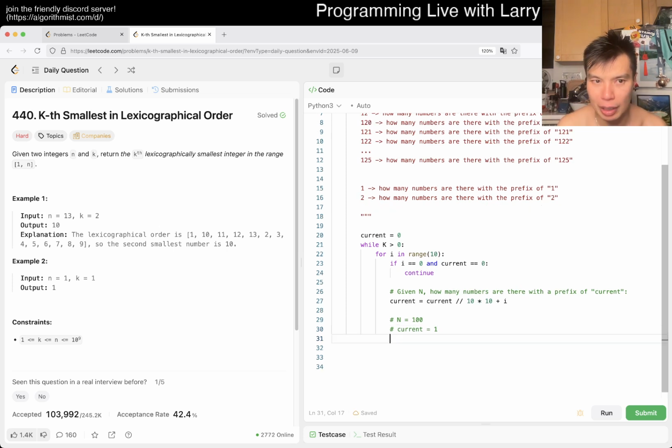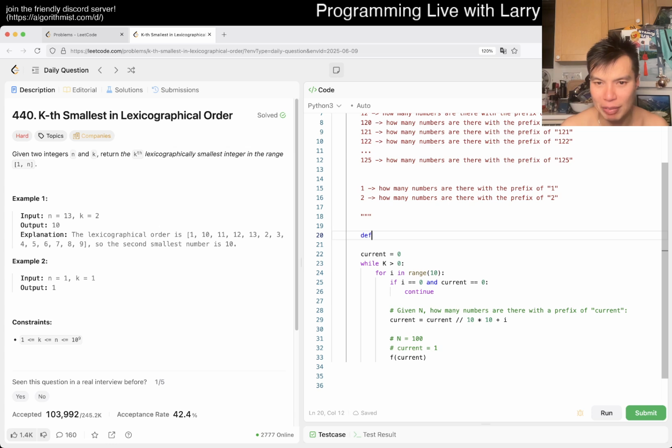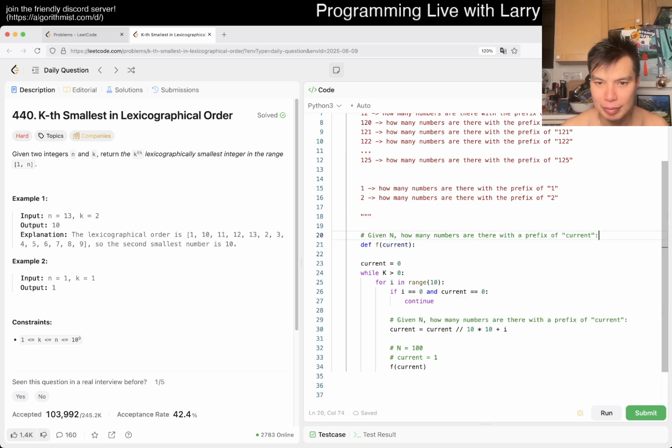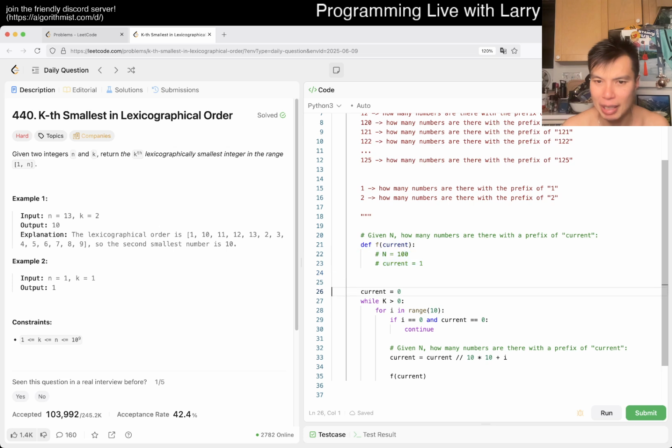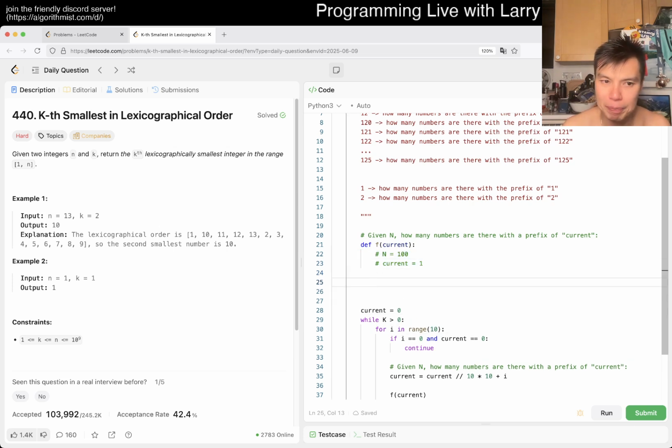Okay. So maybe I have a function then, right? So let's just say f of current, right? Let's write the function because I wanted to manipulate current. That's why. So let's say we have an f, we have a current which answered this thing, and then now we go, well, yeah. And I like playing with all these random numbers just so I could have a way to guide myself, right? So okay, so that means that